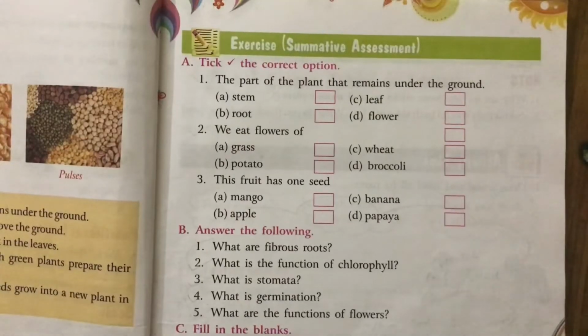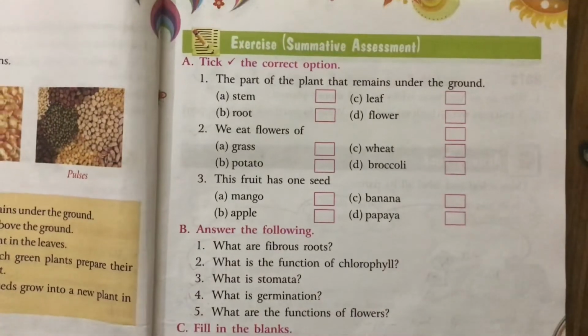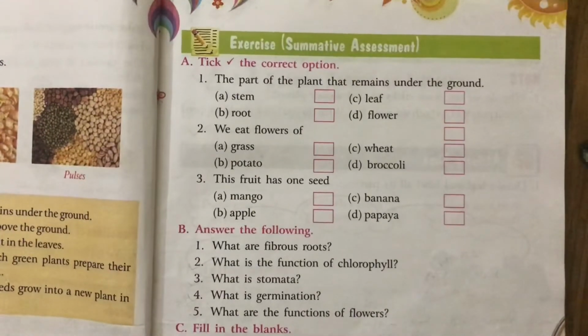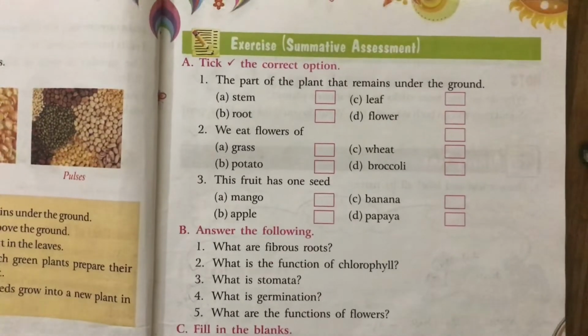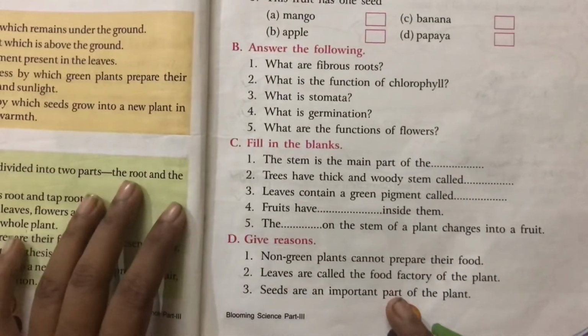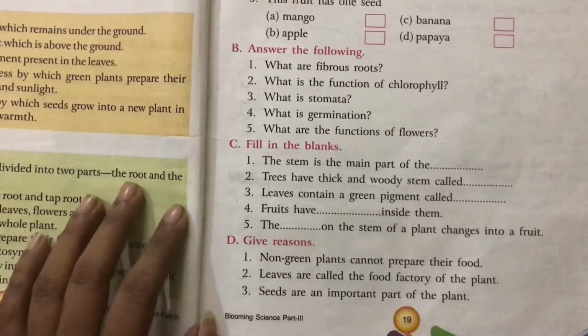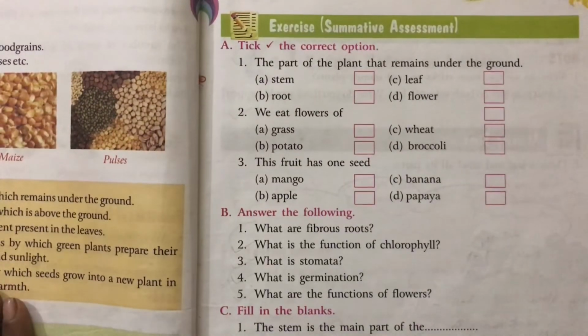Now children, I will send you the photo of all these exercises. It is very easy. Do it in the book when I send you the photo, and don't do any work in the classwork copy. Okay children? The work that I will give you in the classwork copy will be the question answers and give the reasons that I will give you. Then you do it in the classwork copy. Otherwise, all the oral questions and diagrams you have to practice in the rough copy.